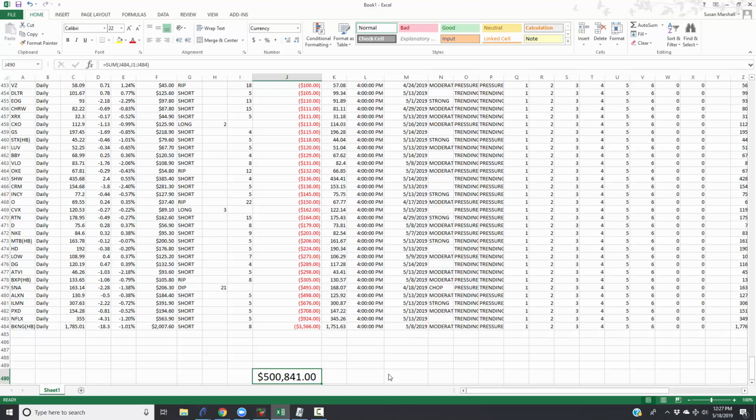Swing Machine, when it comes to managing their positions, is not fearful. He is not greedy. He is consistent. He is objective. He is not subjective. And he doesn't at all linger on a loser. He will flip from a long position to a dip, and if the dip fails, he'll go short. Or if he's short and the price rallies into a rip and resumes short, he'll resume short. Or if it fails and actually becomes a buy, he will swallow his pride and buy the stock. Discipline,